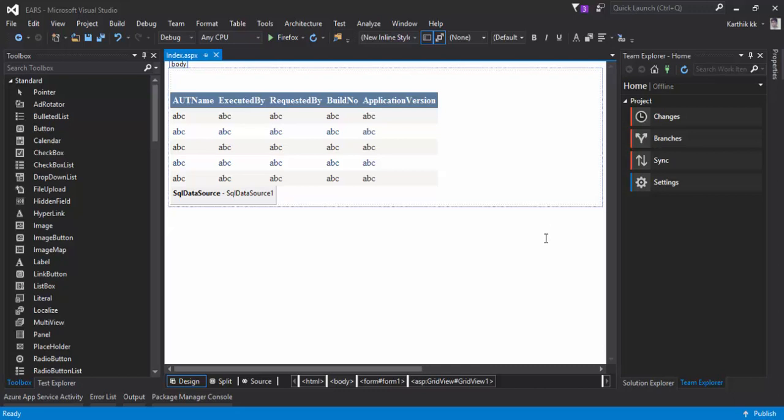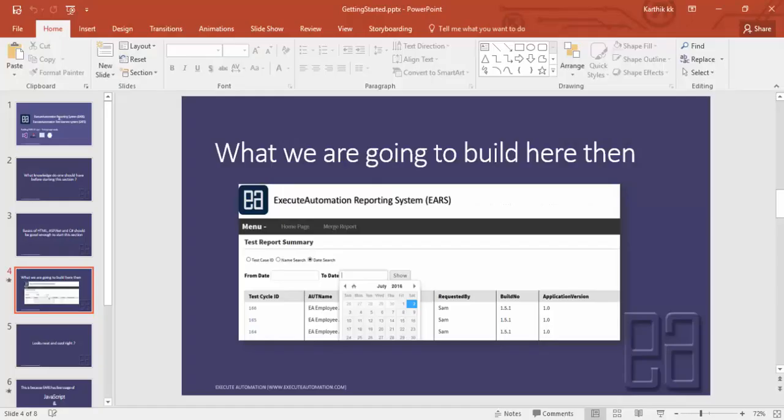In our last video, we saw how our ExecuteAutomation reporting system's UI looks, while we had just started building with a small grid with a professional theme. It was very plain and simple. But in order for our ExecuteAutomation reports to look something like this, like in this particular page,